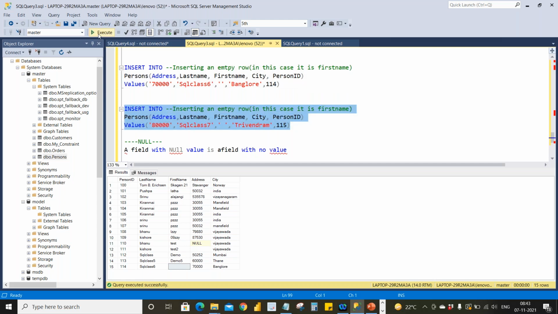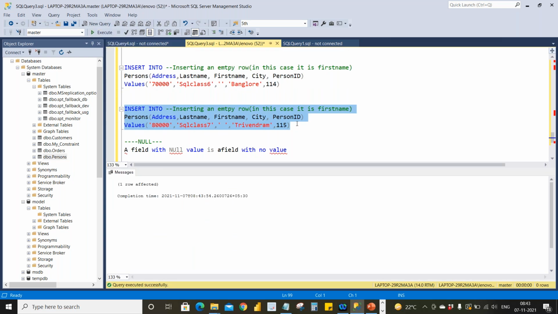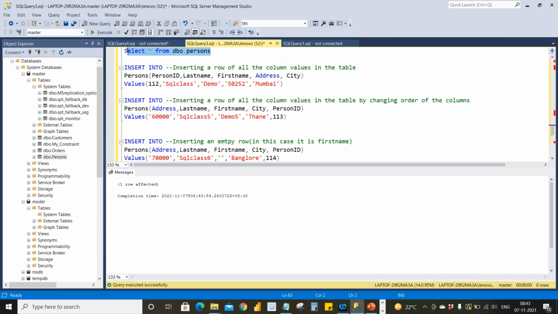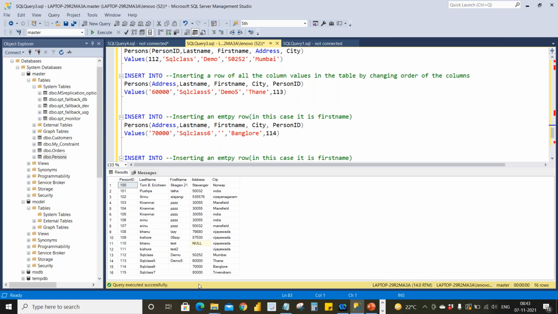I have executed it. We'll see. Here, if you see, we will think both are the same, but both are not the same. I will copy this and show it over here. See, one space has moved, right? One space has moved. And I'll also show clearly.